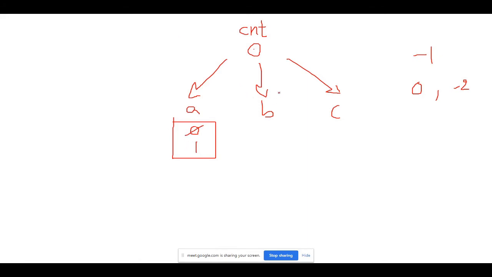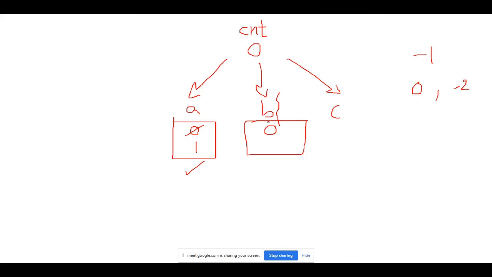Meanwhile, thread B fetches this variable count. It will have its own CPU core. It need not wait for this one, correct? There is one more free CPU core. So using that, B will operate upon this counter variable. Now it thinks count value is 0.